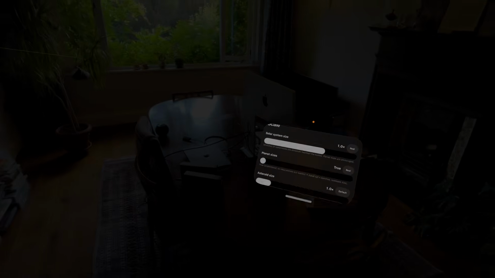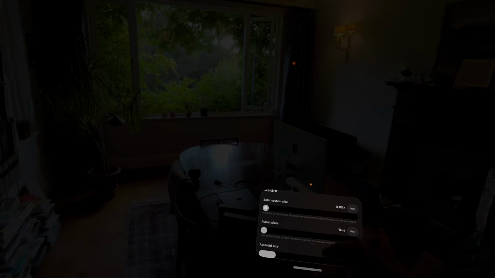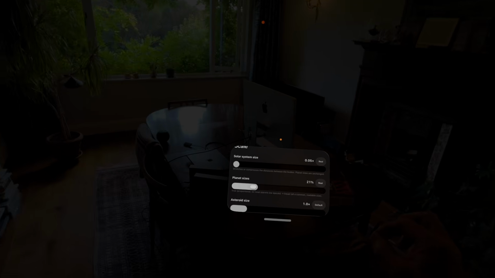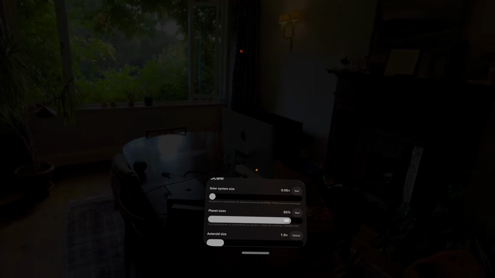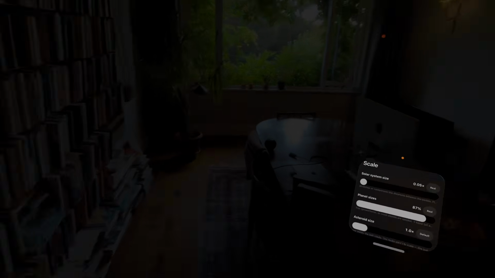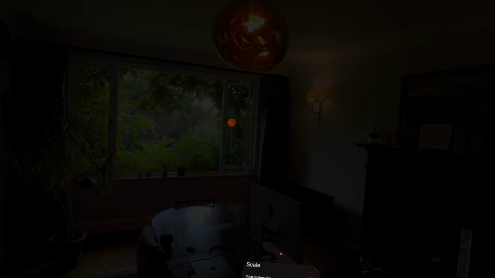What we can also do, if I go here on my right hand, scale, what I can do is change the size of the solar system to be much smaller. You still have small planets, so we can increase the planet size. So you can start to see, and the asteroids can be a lot bigger too. So if we now go to Mars, these are more reasonable sizes, and you can see the speed